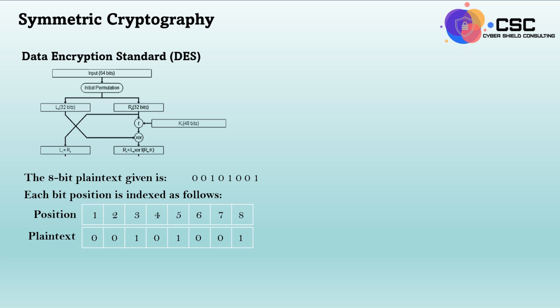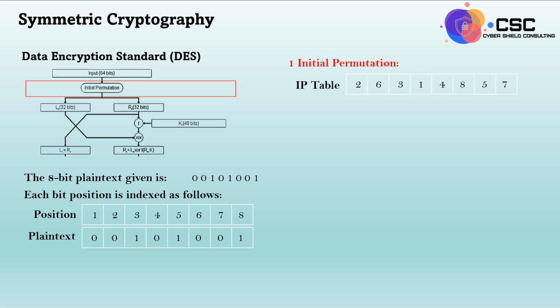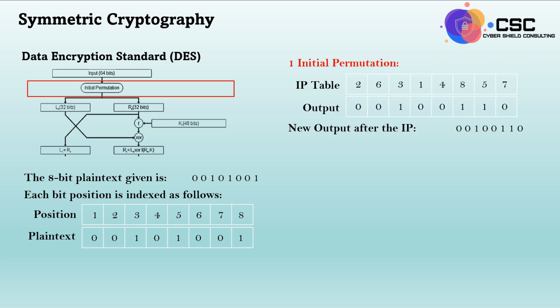The first bit is at position 1, the second bit is at position 2, and the last bit is at position 8. In DES, the first step is the initial permutation, where the bits are rearranged according to a predefined IP table. Here's the IP table that defines how the bits are shuffled. The output after the rearrangement using the IP is as shown on the screen,